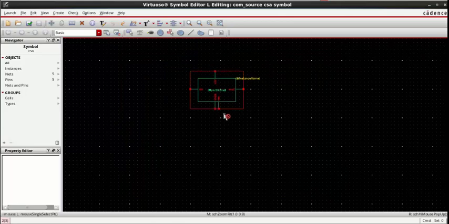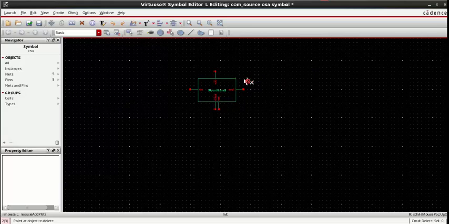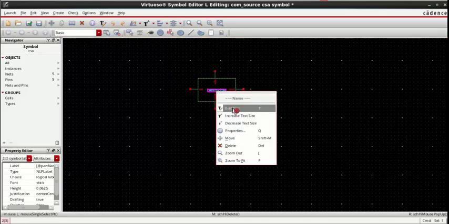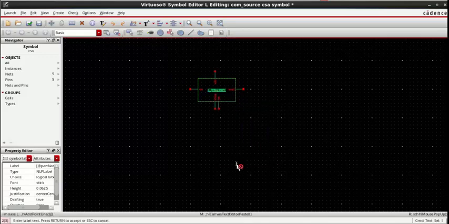Now, we can directly use this symbol, but as I told in the last class, optionally we can delete this to have a better look, and this also we can delete. And I can write here: select this, right click, edit text, CSA, which stands for common source amplifier.